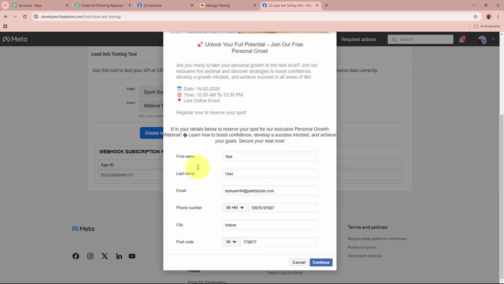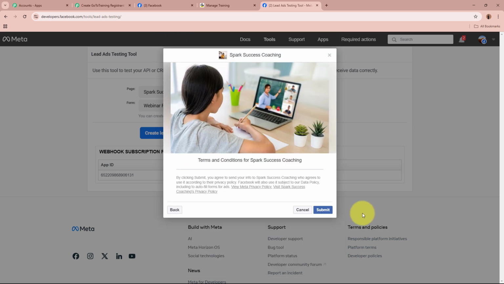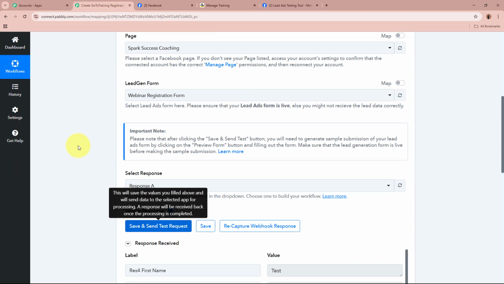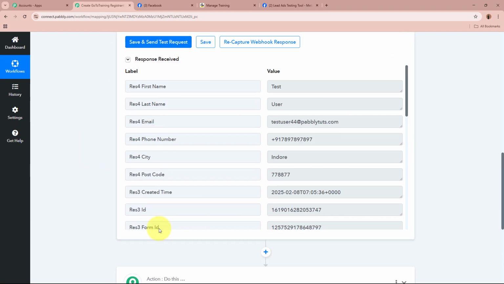After filling all the required details, I'm going to click on this continue button and on submit to do the test submission. As I've done that, you can see it says the test lead has been sent. As now the test lead is sent, I'm going to go back to my workflow and scroll down. And yes, you can see over here the response of the test lead being generated has been captured in our